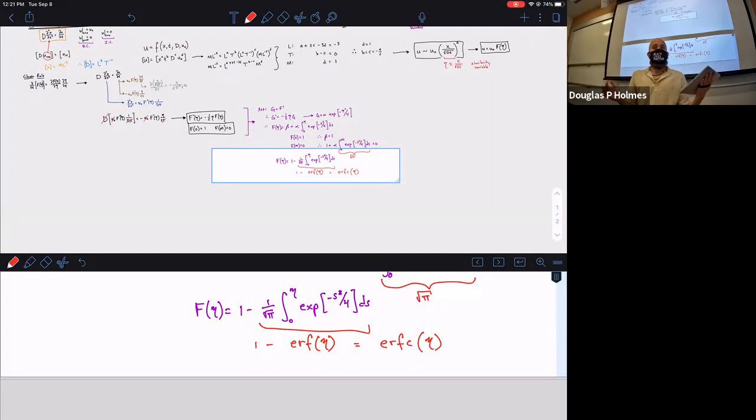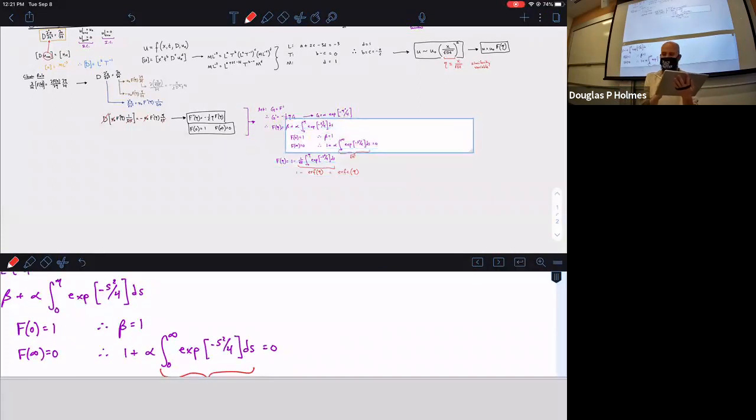It doesn't matter. Just like you would go to Mathematica and type in plot sine of x, you can type in and plot error function of x or plot complementary error function of x, and I'll show you what it looks like. It looks like this. So let me tell you the answer first. So putting all this together,